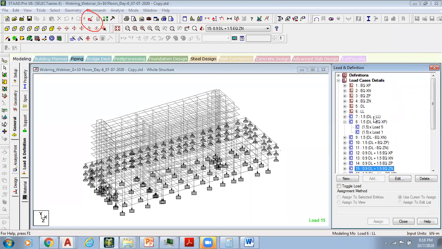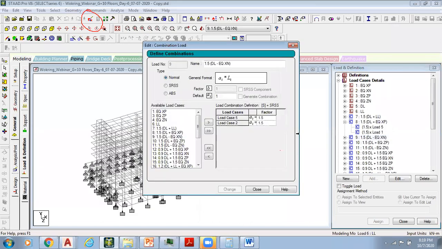And here, dead load plus live load, dead load plus X positive, dead load plus EQ negative. You can say this is positive only. However, you are adding this earthquake X negative load case to it, so you don't worry about it.